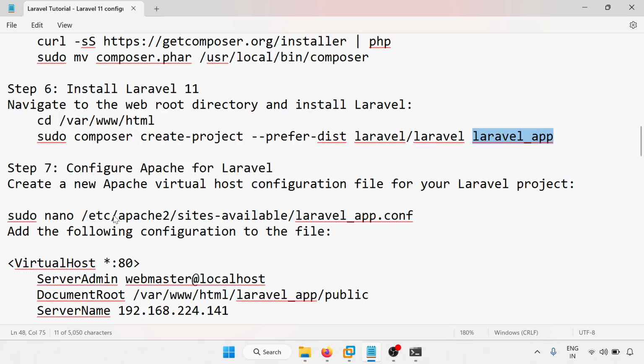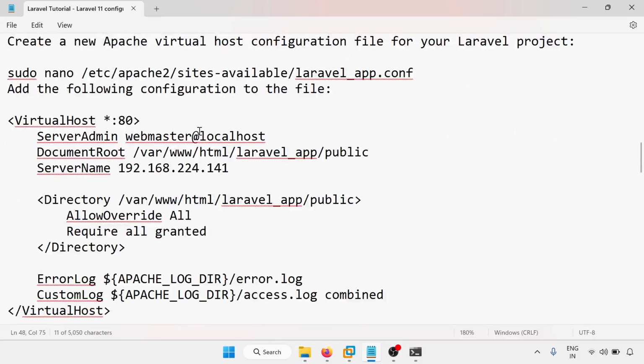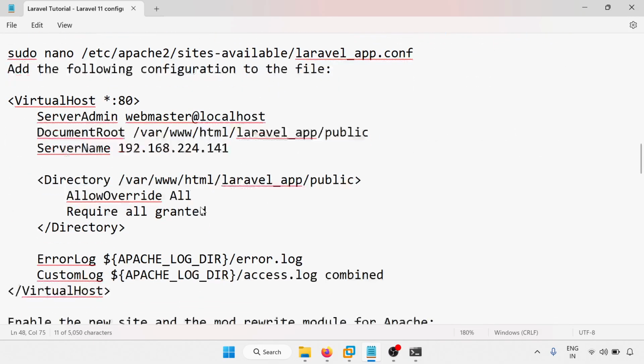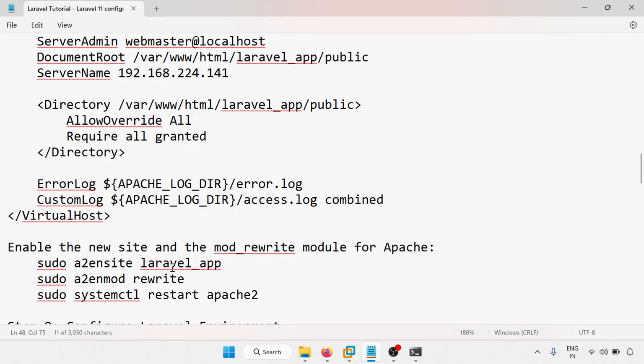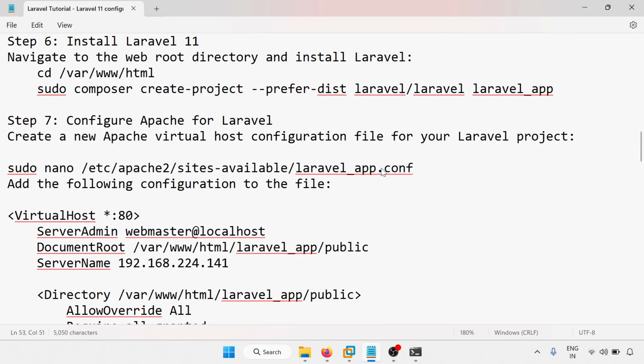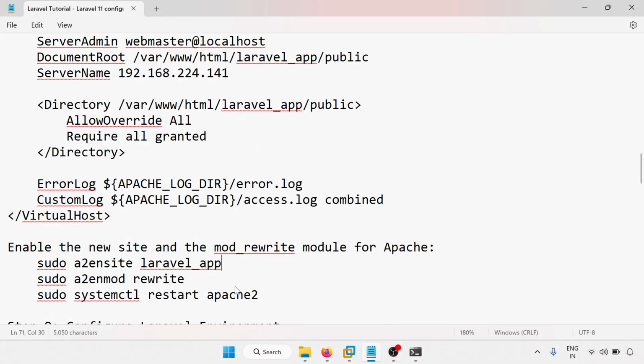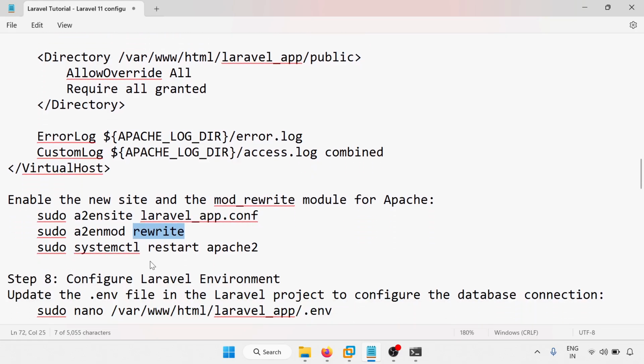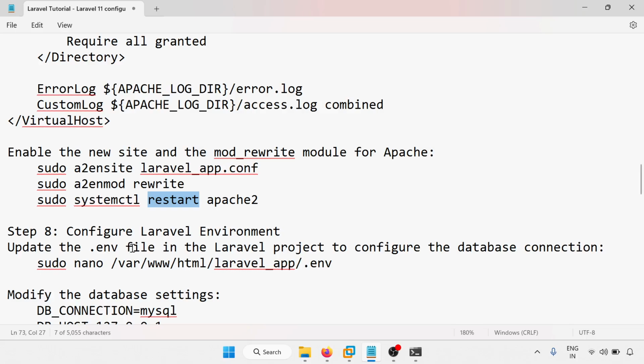You can use the following configuration to create the virtual host, and after that you can enable it. Enable the Laravel app, then enable the rewrite mode and restart Apache. Now you can access